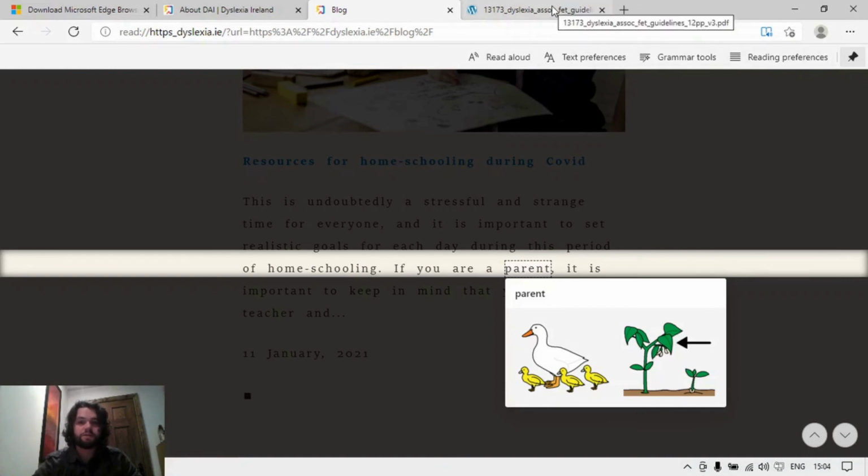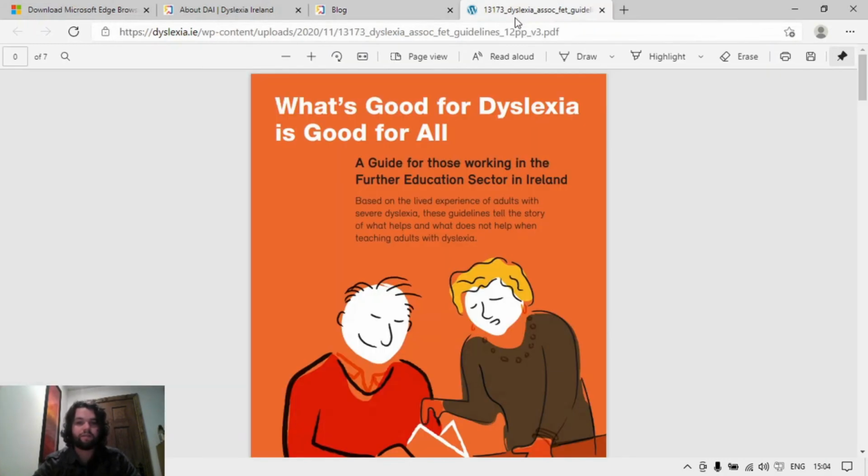The last feature I'll show you is if you had a PDF document opened within the browser. So if you clicked on a link that was a PDF and it opened something like this, if you click on the Read Aloud button,